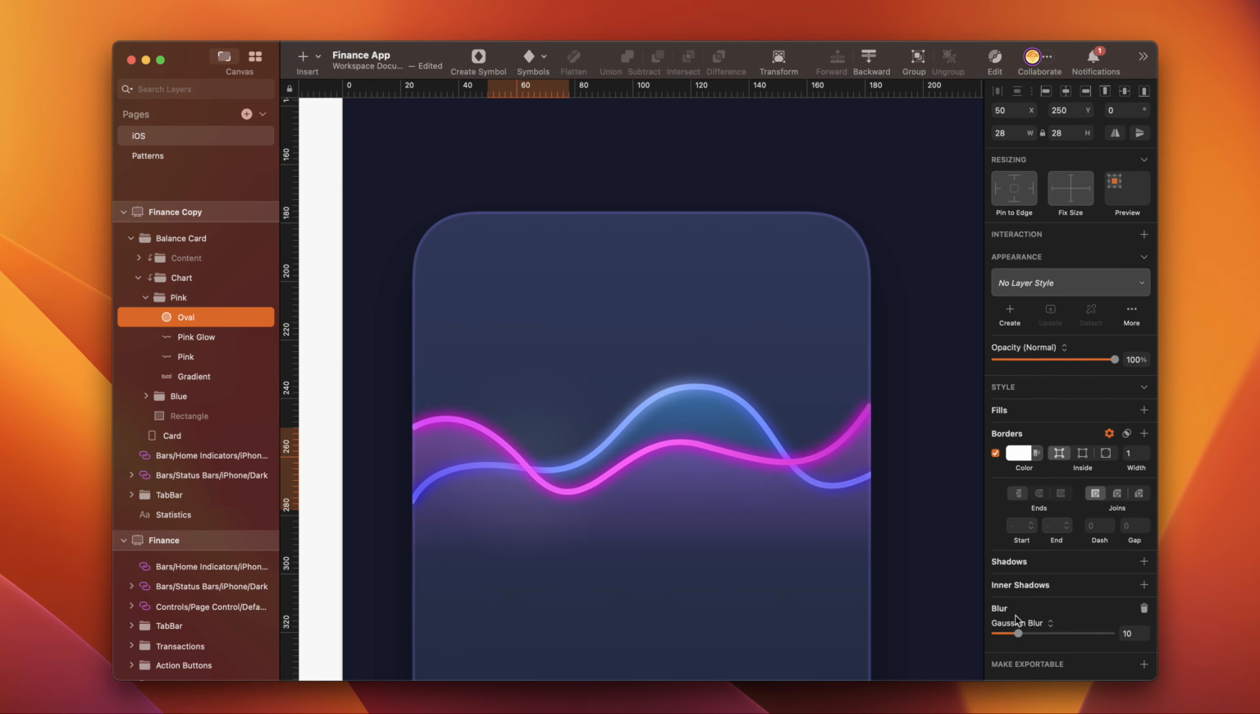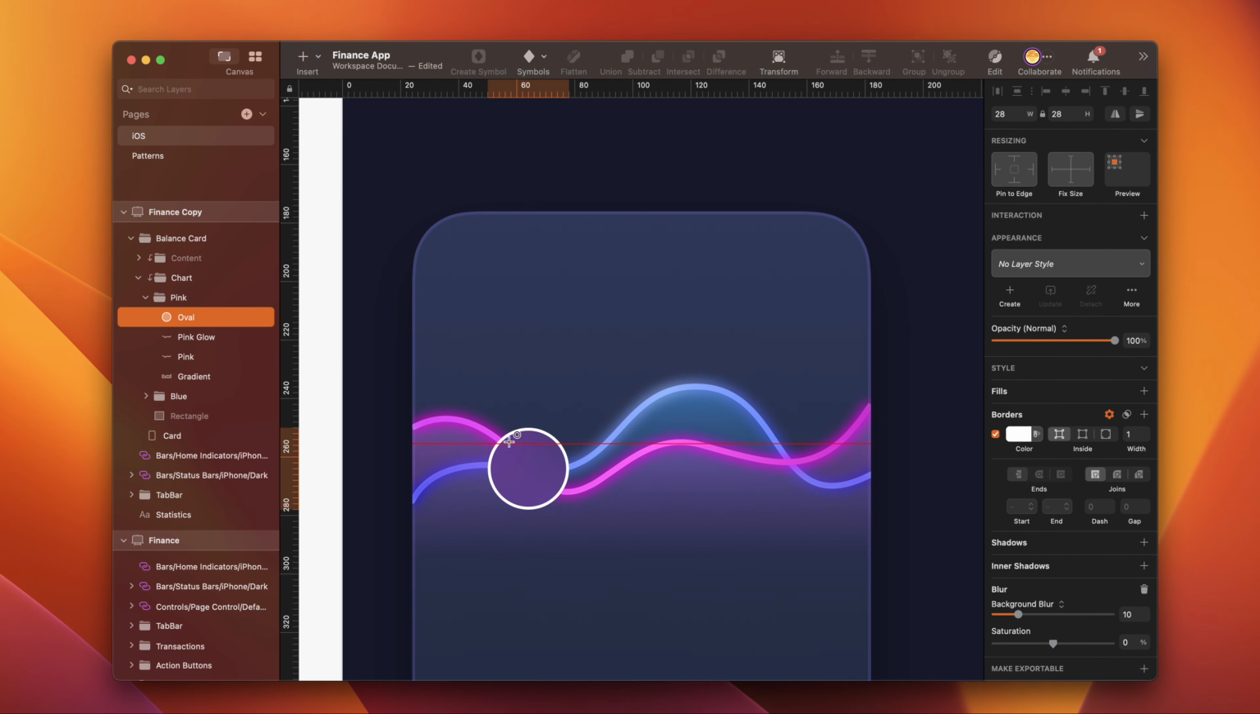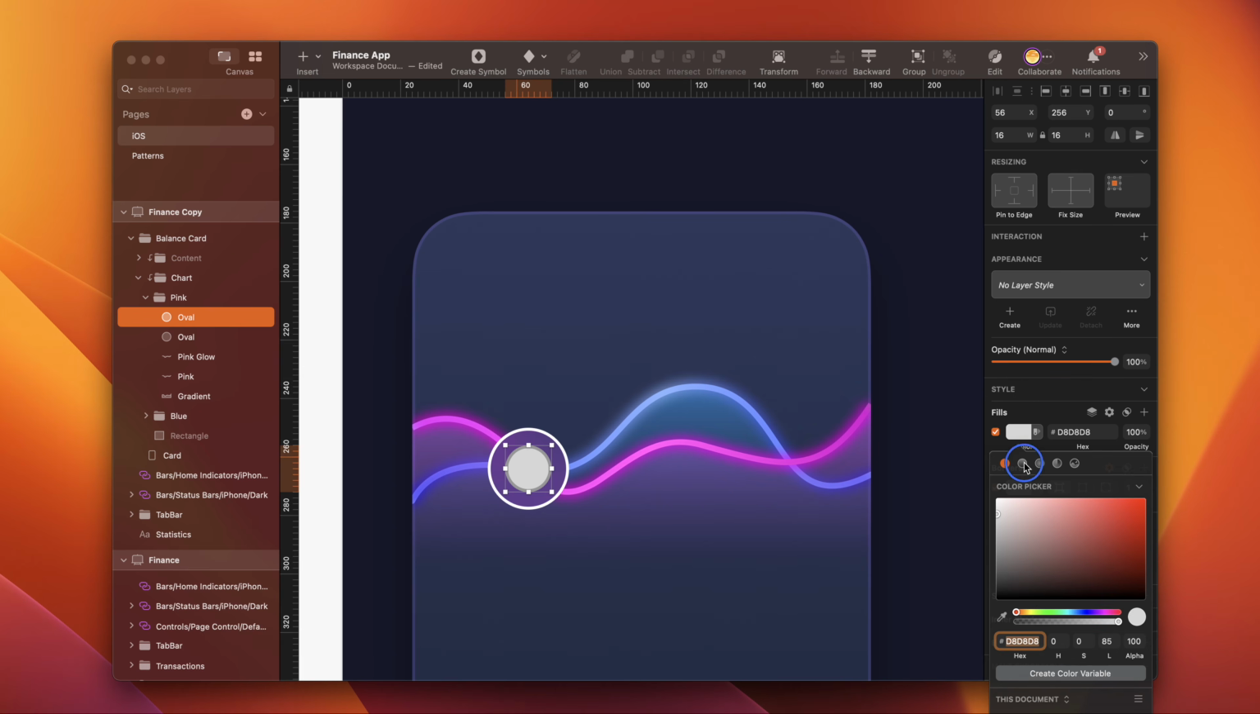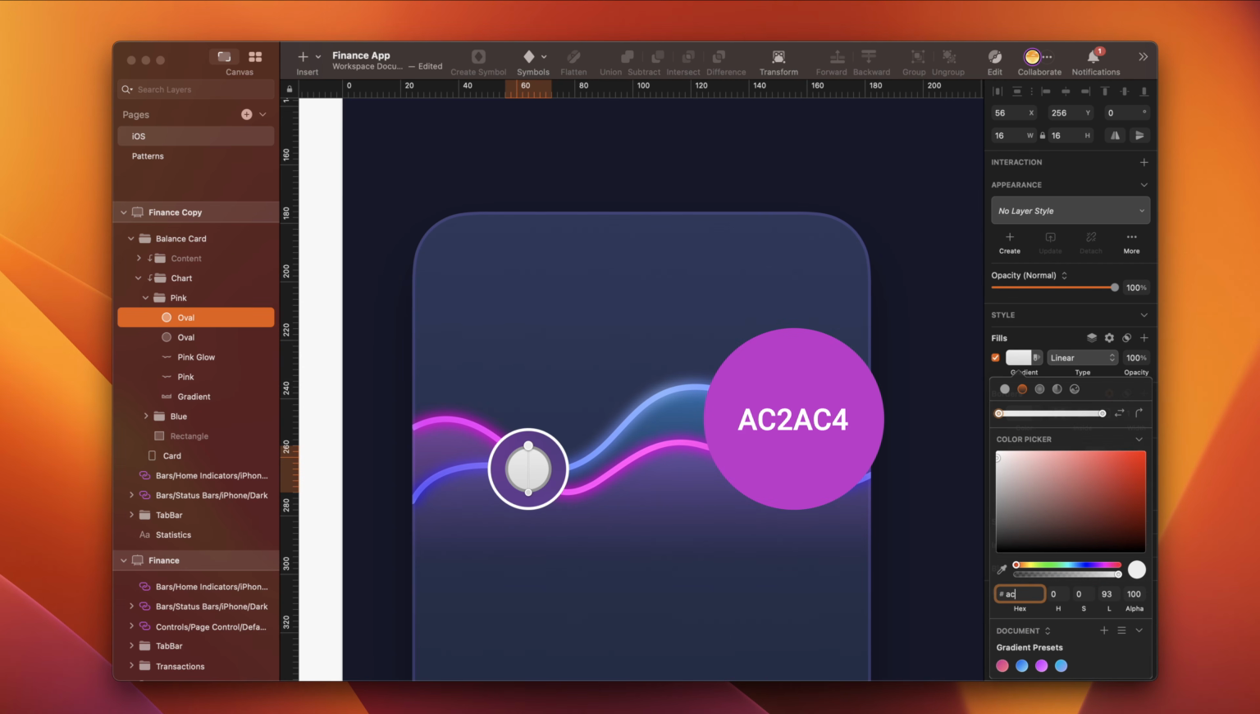Add a background blur. Then let's add a second oval, 16 by 16. Align center of this circle. Press the Option key to see the smart guide. Padding inside is 6. Let's add linear gradient. First color is, second color is